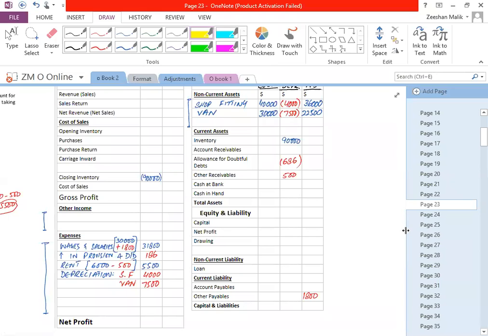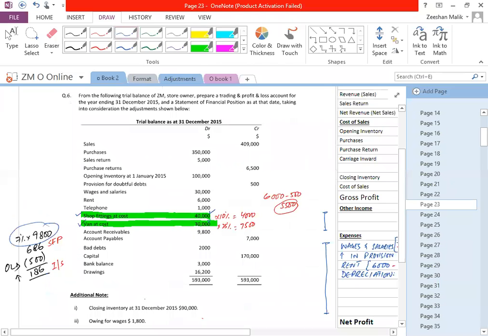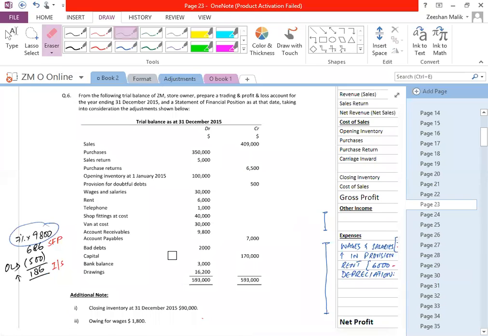Now, after making adjustments, we put all the adjustments at two places. Now we are moving towards the trial balance. Now we have done the adjustment. अब वन बाय वन हम लोग ट्रायल बैलेंस की वैल्यूज पुट करेंगे। हम शॉप फिटिंग भी लिख चुके, वैन भी लिख चुके, प्रोविजन लिख चुके हैं, वेजेस एंड सैलरीज लिख चुके हैं, रेंट लिख चुके हैं।